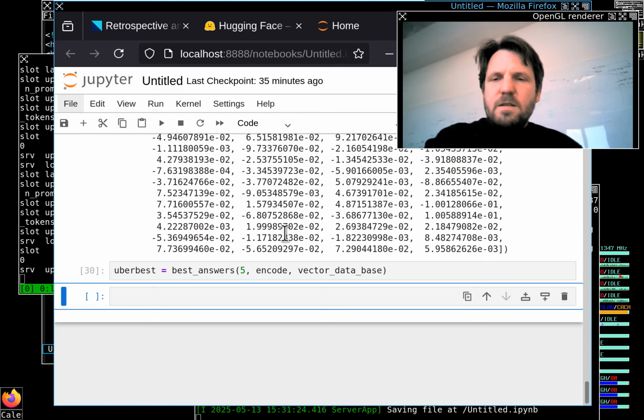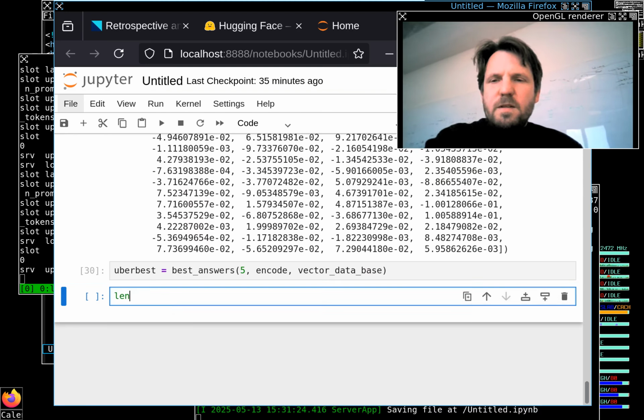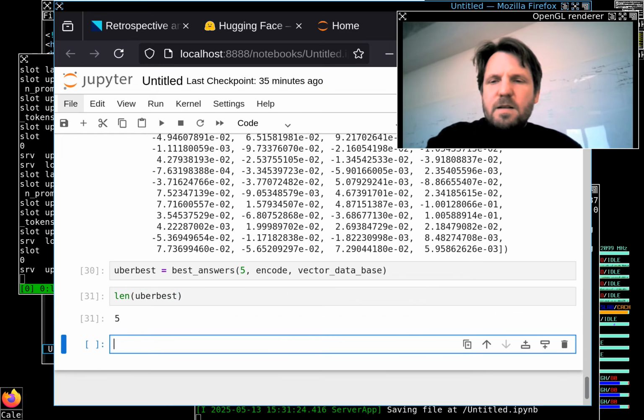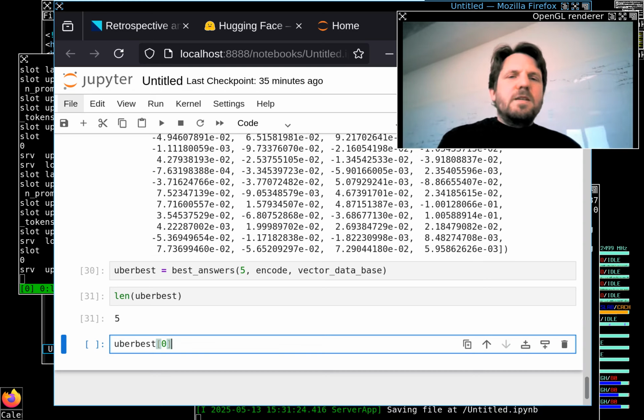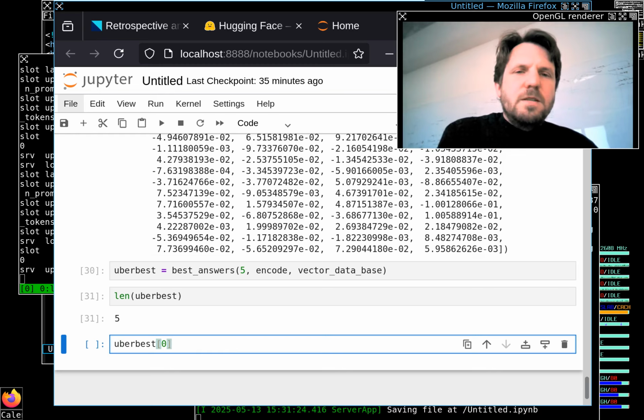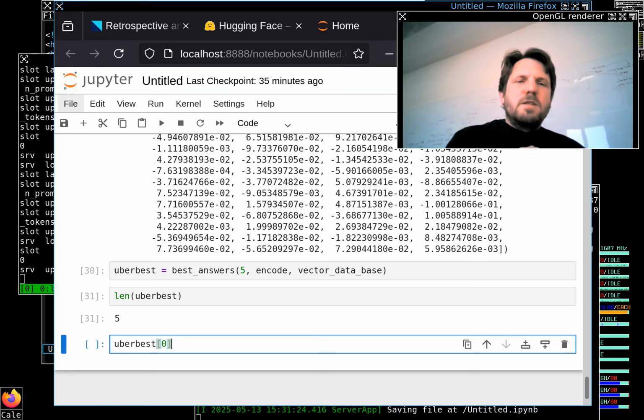And we see we get here the Überbest, it's called. And the len of the Überbest is hopefully 5. And if we want to get basically the first embedding, which should be not the first embedding, but the first text slice back. So right now we get the best text slices back according to this embedding model. Of course, not all models perform equally well. This is a very slim embedding model, so just that you get an idea about how this works. In practice, you have to test your embedding models if they basically give back the right context for your system,